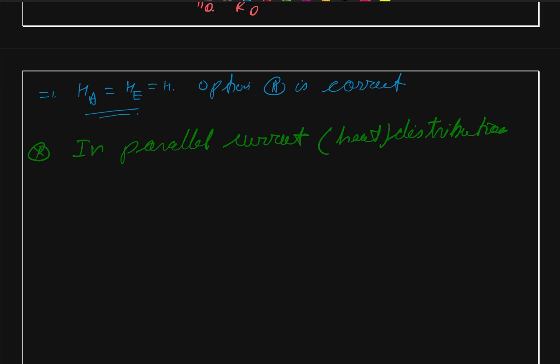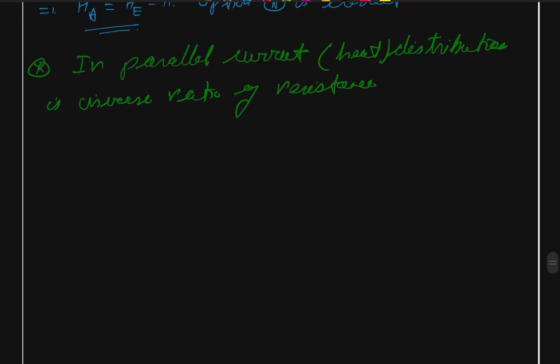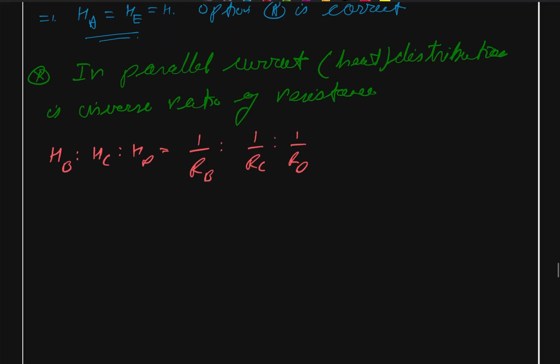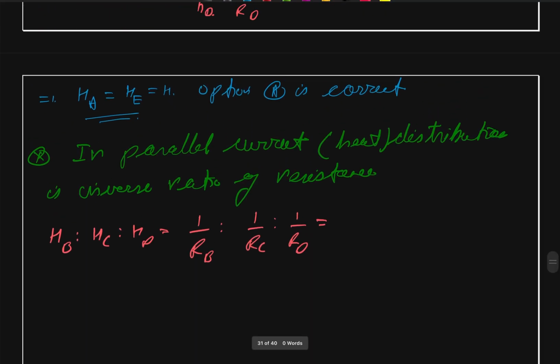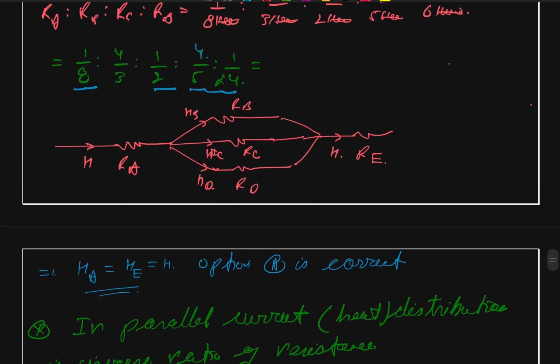Heat distribution is inverse ratio of resistances. Therefore we can write our HB ratio HC ratio HD will be equal to 1 upon RB ratio 1 upon RC and 1 upon RD. And we get this as 1 upon RB is our